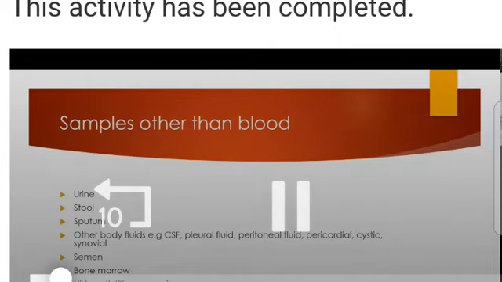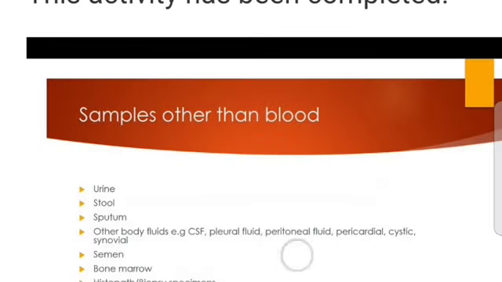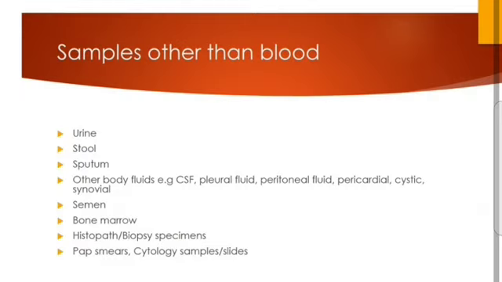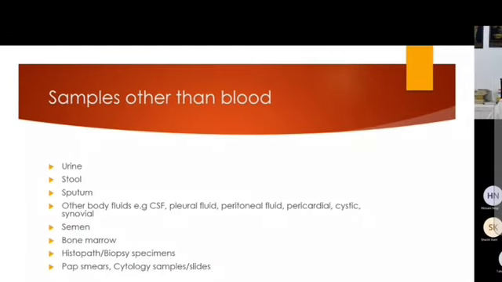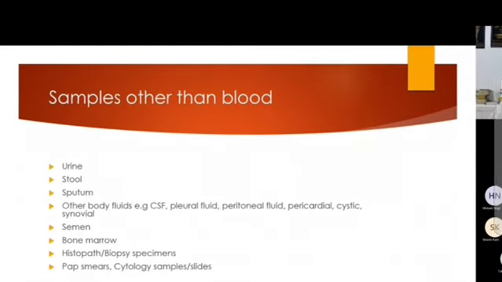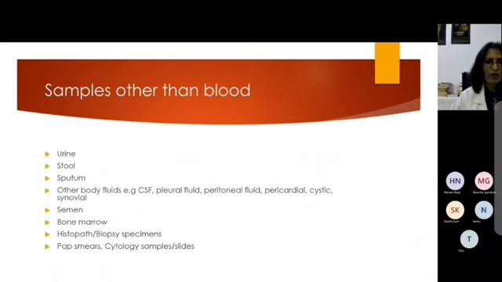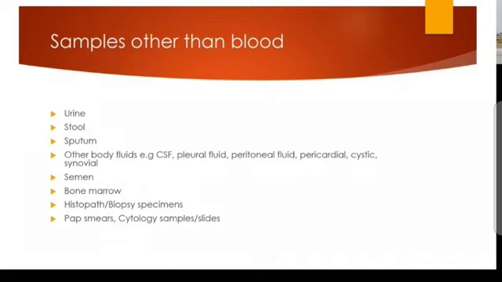beyond blood. So the next common sample is the urine. And for urine, you can have it for routine microscopy in infectious diseases like tuberculosis. Then for malignant cells, it's commonly sent to cytology. Recently we had this COVID pandemic where sputum was one of the samples received in the lab for